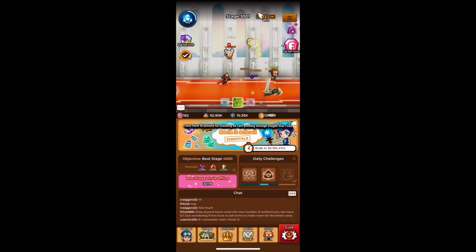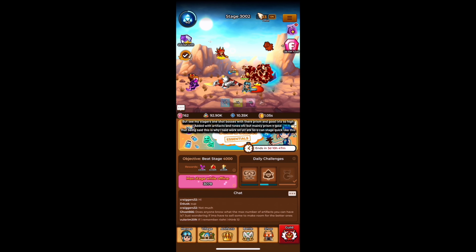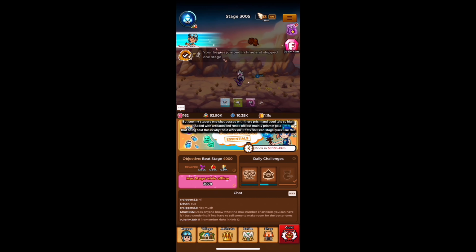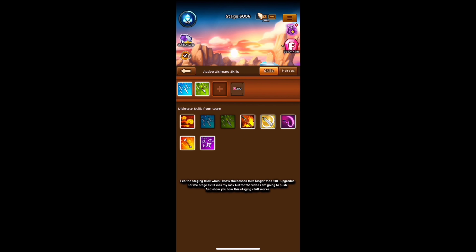I only have 10 potions for stashing, so I am pushing through stages that I could see my stagers one-shot bosses with their prism and good levels so high, added with artifacts and runes of course, but mainly prism and gold. That being said, this is why I said work on alt ATK so you can stage quick like this. I do the staging trick when I know the bosses take longer than 100 plus upgrades. For me stage 3900 was my max, but for the video I am going to push and show you how